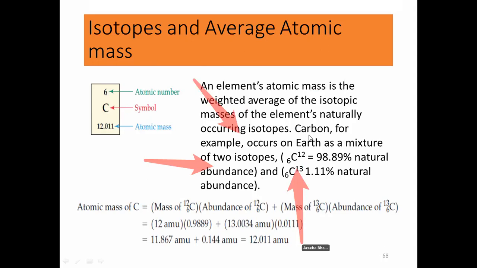So Reba, could you stop marking? So this is the